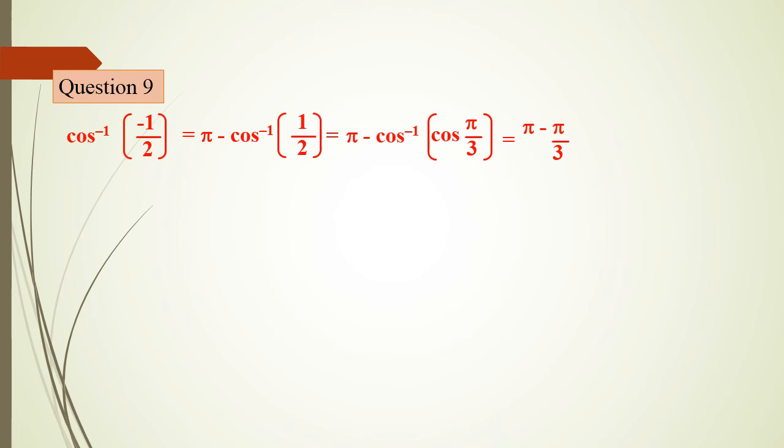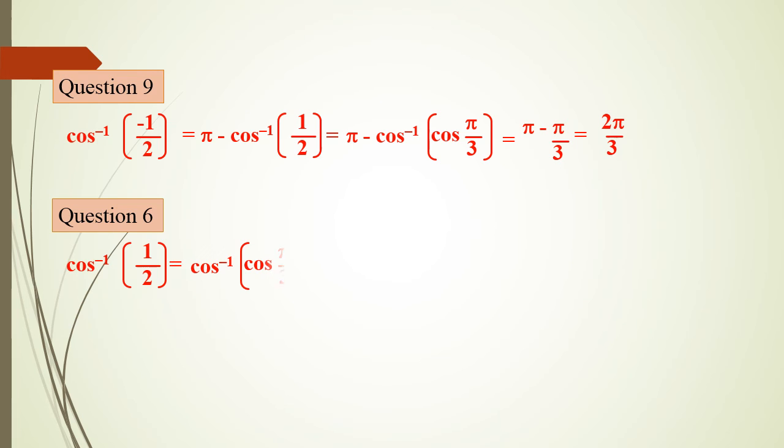So pi minus cos inverse of cos, how much is pi by 2? 1 by 2, it is cos pi by 3, in the sense 1 by 2. So cos inverse and cos both are gone, and pi minus pi by 3 will be remaining. After finding its LCM we will be getting just 2 pi by 3. This will be the principal value of cos inverse of minus 1 by 2.